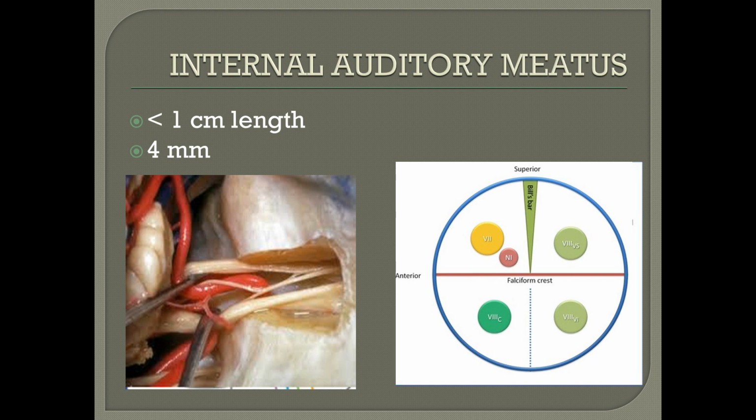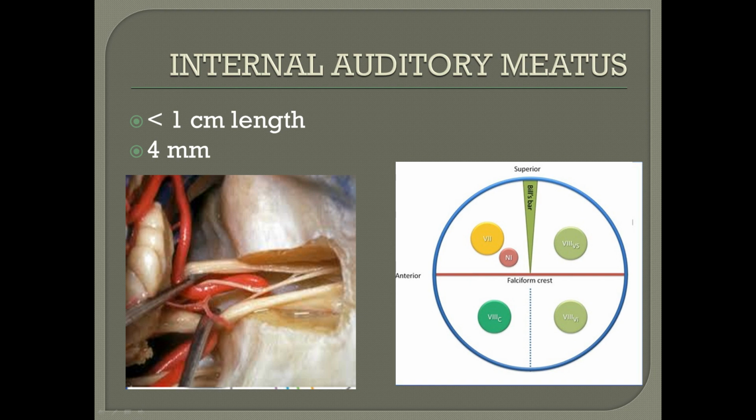So, after exiting from the cerebellopontine angle, the facial nerve has, as I told you, a motor component. This one is the motor one, the larger and thicker, and it is accompanied by the sensory and secretomotor component, which is the nervus intermedius. Initially they travel separately, but they join as the nerve exits from the internal auditory meatus.